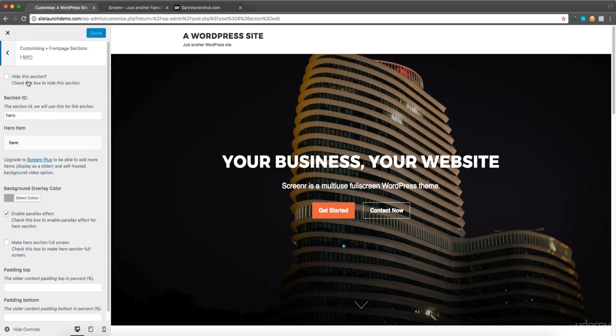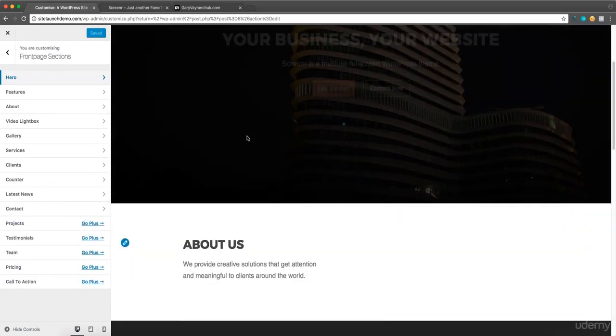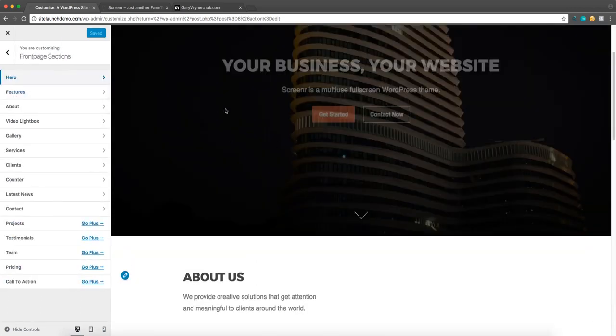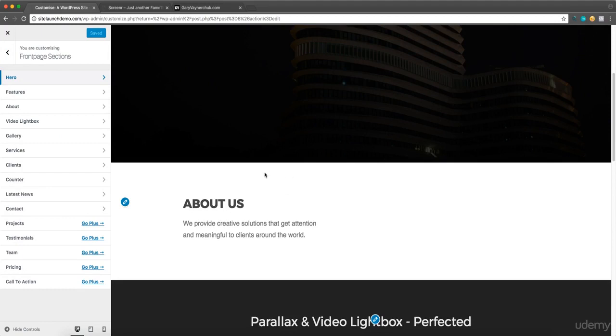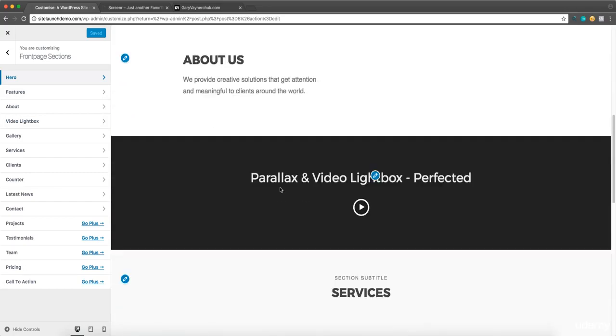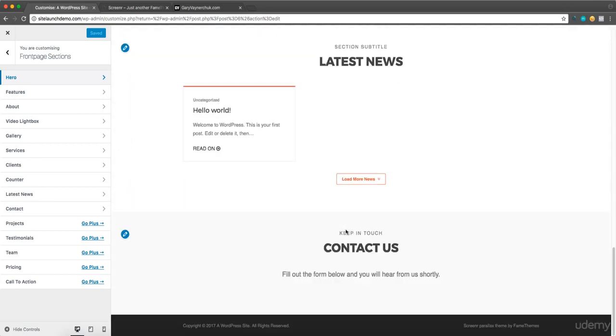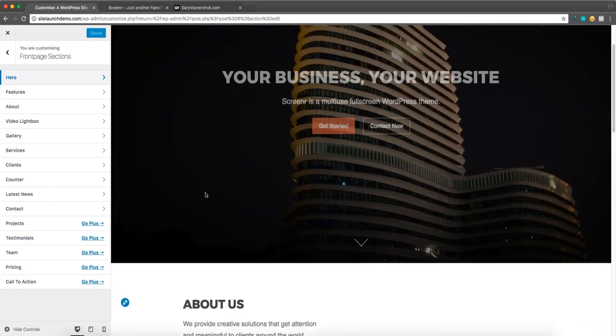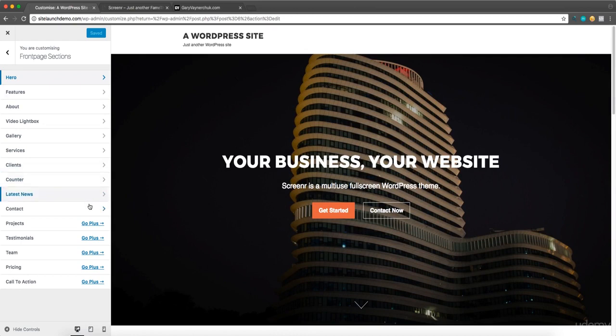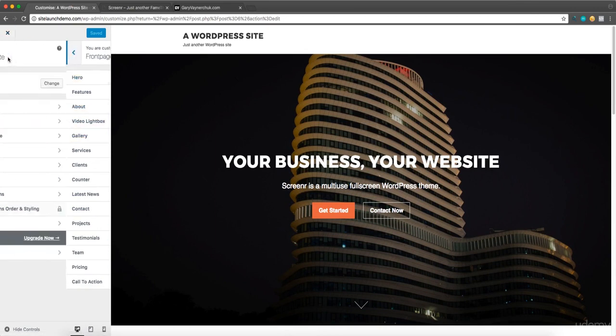So for example, hero up here is this top section. Features is not on here at the minute, but I'll show you it later on. About is obviously our about section. Then we have video lightbox, which is this section underneath. Gallery, services, clients, all the way down to contact at the bottom. So all we're going to do is go through each of these steps and edit and add the content that we want. We're not going to use them all, but then you'll see the site start to build as we go along. But just before we jump into that, we're going to go back and we're going to go up